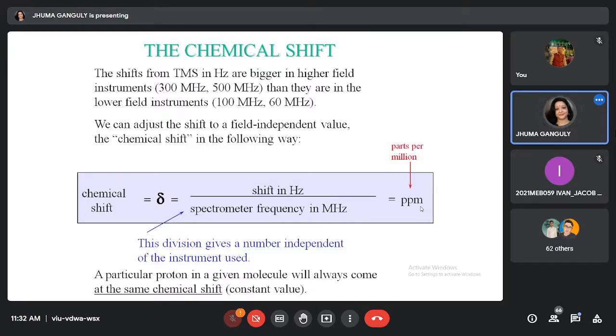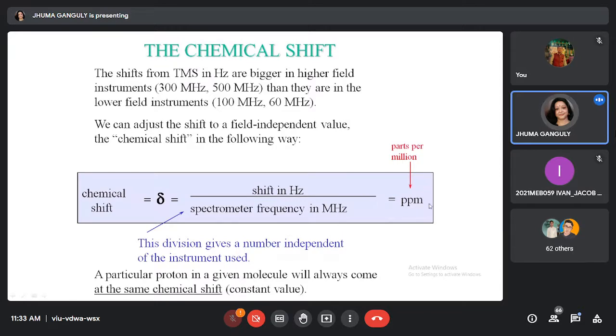So first we introduce chemical shift as the difference between the TMS and the resonance at the applied magnetic field. Now some difficulty arises because the applied magnetic field is different for different instruments: for sophisticated instruments like 300, 500, and for lower instruments 160 megahertz. If we erase these limitations by dividing by the instrument spectrometer frequency in megahertz,